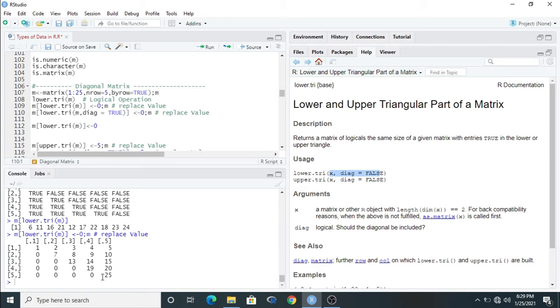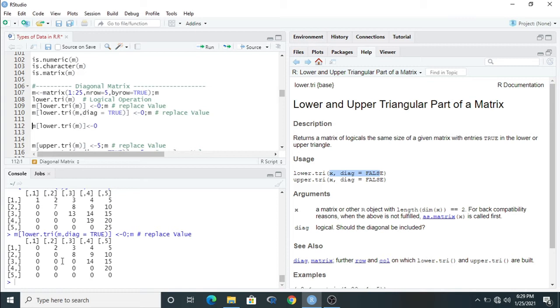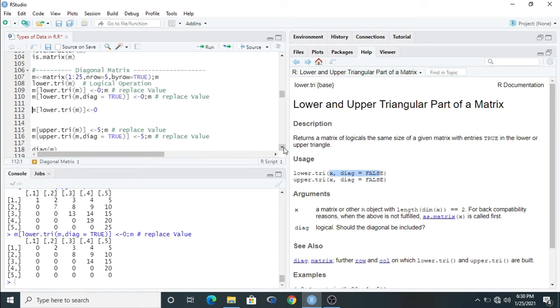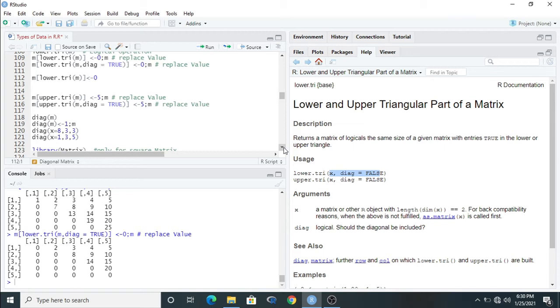We have not done anything extra. Okay, we have just chosen the position of m. This is the m, then there is square bracket, the position of m, then we put 0. Okay, it changes those positional values which are true as the lower triangular is true. Clear? Then come to the next. In the previous case the diagonal element was a number, but right now the diagonal elements are not numbers because we used diagonal equal to true here. Clear? The same thing you can also do for the upper triangular. Okay, clear?